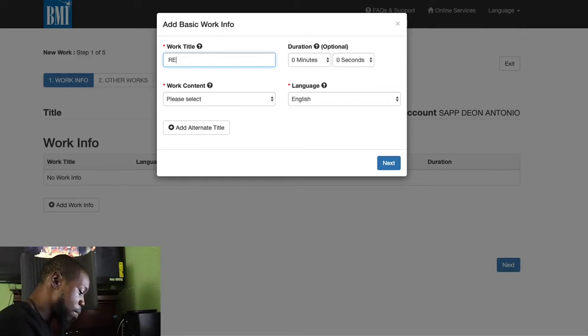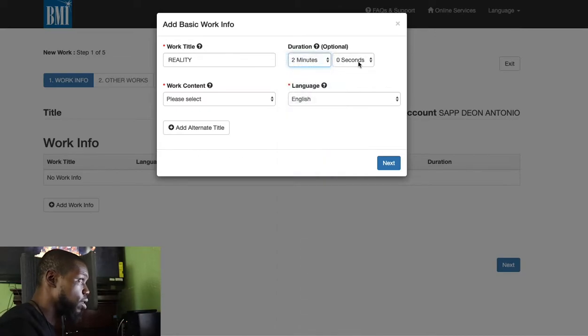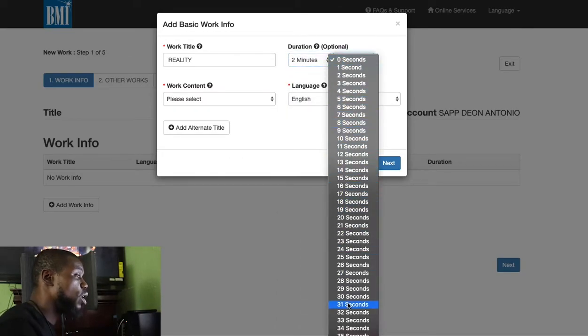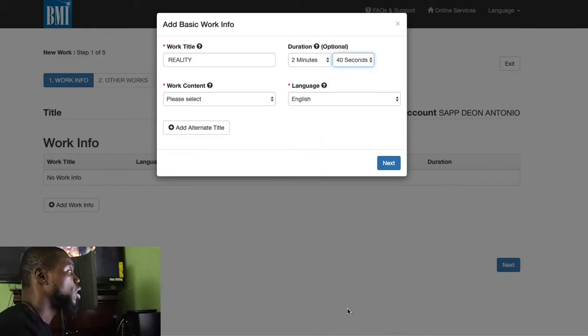Like I said, the name of my beat is titled Reality. And the duration is how long is your song. My beat, this is, by the way, an instrumental, no vocals, just a straight instrumental beat. So how long is the duration? It is 2 minutes and 40 seconds. You wanna be real precise when you keying in all your information, and you wanna make sure that it's